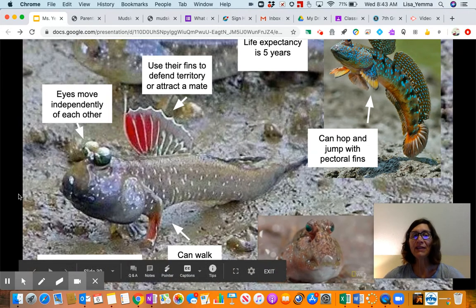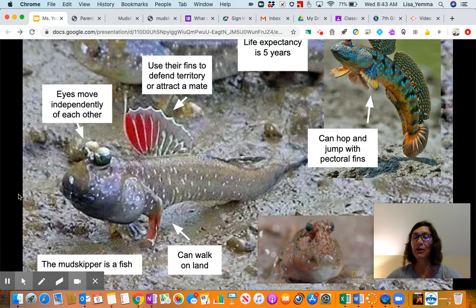I wanted to identify some of the key facts that I learned that I wanted to remember. Mudskippers are classified as fish. They're not amphibians. They're sort of amphibious fish. They can be land, water, but they're classified as fish. Mudskippers can walk on land. Super weird. They use their pectoral fins to do that, and they can also use their pectoral fins to jump